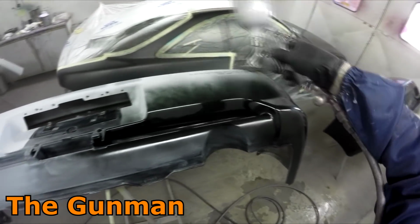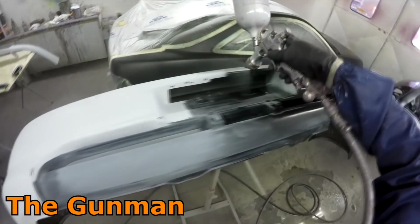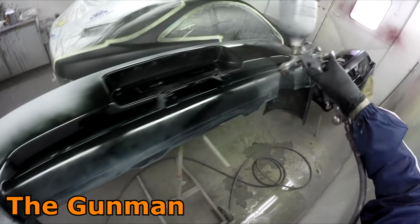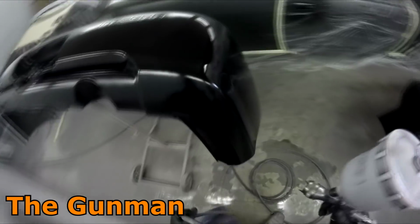There has been one occasion I've painted the exterior of a couple of panels with it. That was actually uploaded to my Raw channel, the Gunman Raw. And it sprayed them just fine, but it just would not be my first choice for a clear coat gun. Although if you are on a budget and you don't want to go and spend the big